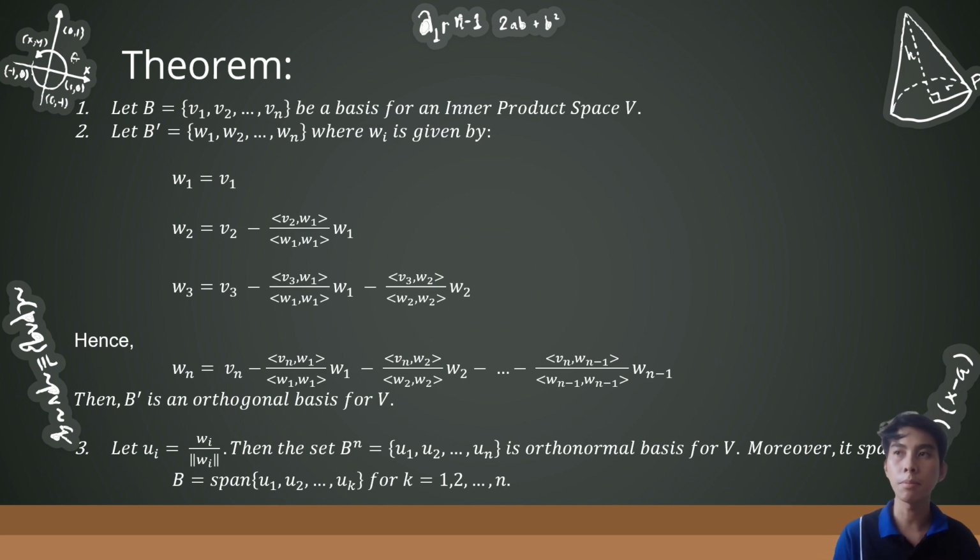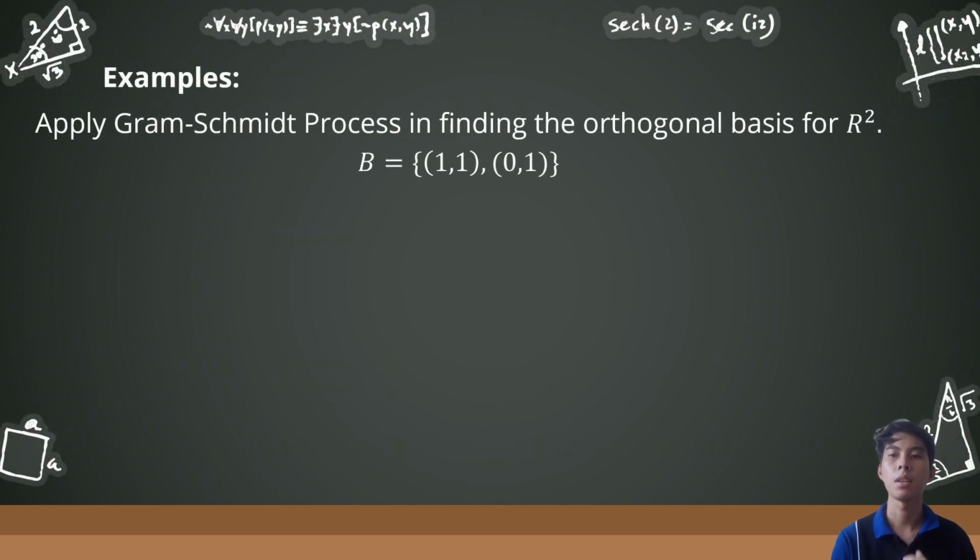So to understand more, let's try to solve some problems using the Gram-Schmidt orthonormalization process. We have here example number 1: apply the Gram-Schmidt process in finding the orthogonal basis for R raised to 2, given B, the set of vectors, equal to our vector 1, which is composed of 1 and 1, and our vector number 2, which is 0 and 1. So first things first,